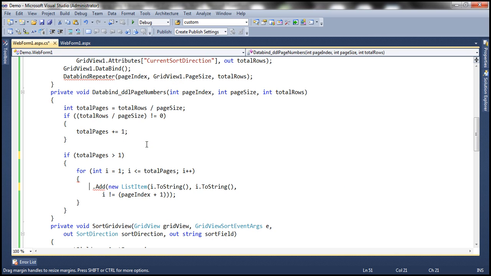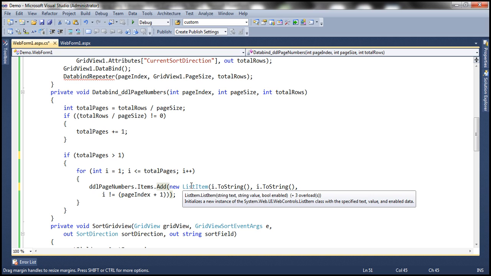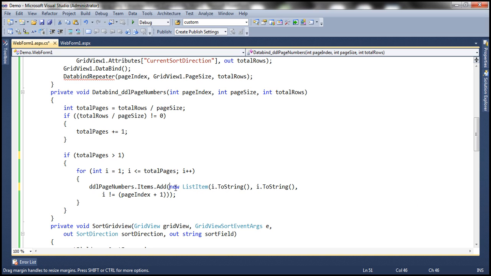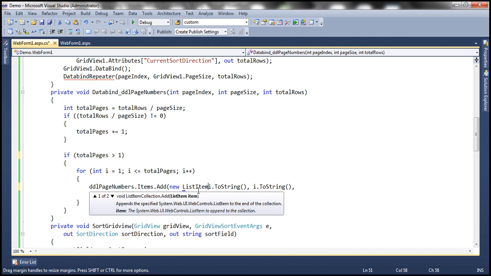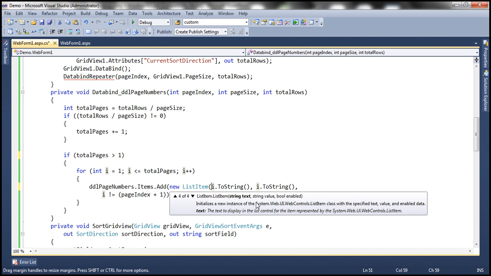So to this drop down list I want to add those list items. So I'm going to say DDL page numbers dot items dot add. What we are going to add is a new list item. Now if you look at the constructor of the list item that we are using here, it uses the constructor that takes in 3 parameters: the text, value, and whether that list item should be enabled